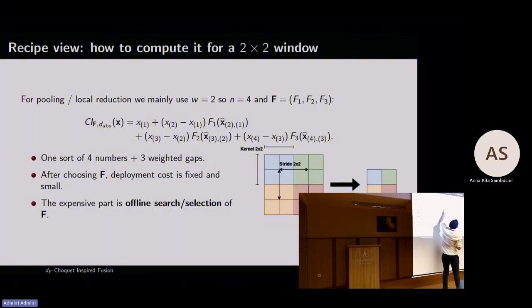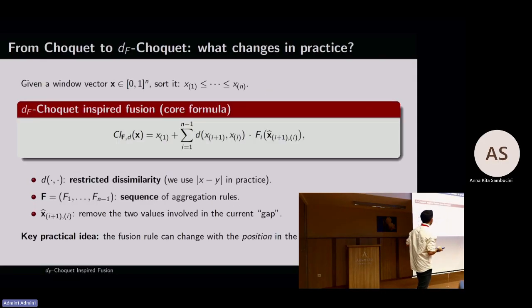Each gap we multiply with a different function. The main key of this formula is that we could use different functions for each gap. That allows us to have a more